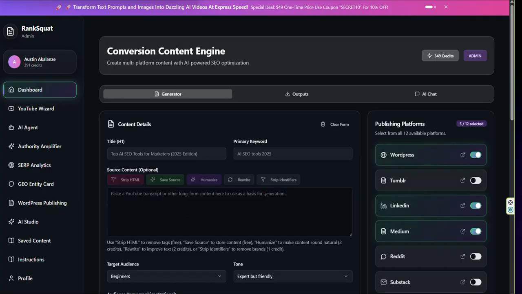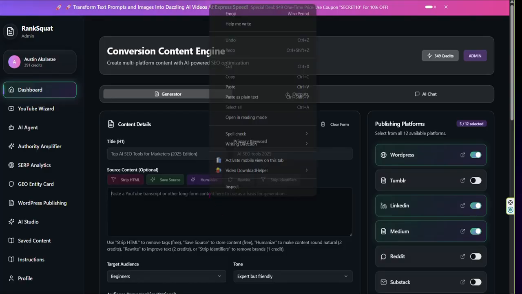So there are multiple ways that you can bring content into the content generation part. One way is to already have a piece of content that you wrote yourself or you generated with AI. We're going to talk about the AI generation in a short while. But I have a piece of content already prepared for this demo, so I'm going to paste that in here, and